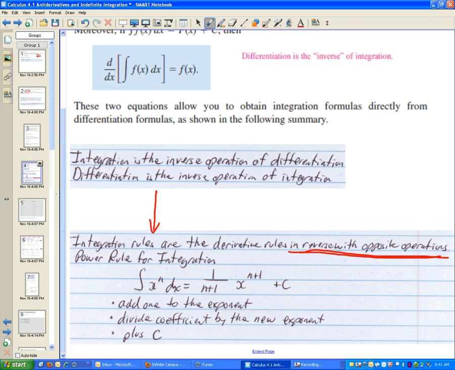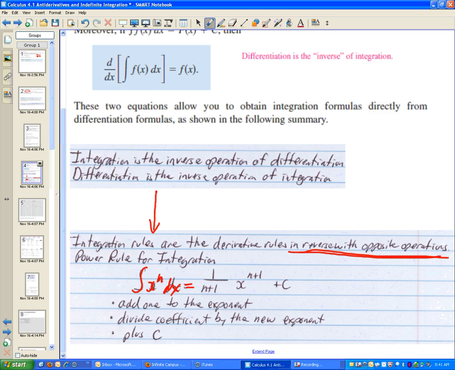What's the opposite of subtracting 1 from the exponent? Add 1. So we've got to add 1 to the exponent, and then what's the opposite of multiplying the coefficient by it? Dividing it by it. So the power rule for integration is add 1 to the exponent and divide your coefficient by that. Okay? So the integral of x to the n dx, the dx matters, don't leave it off, equals,